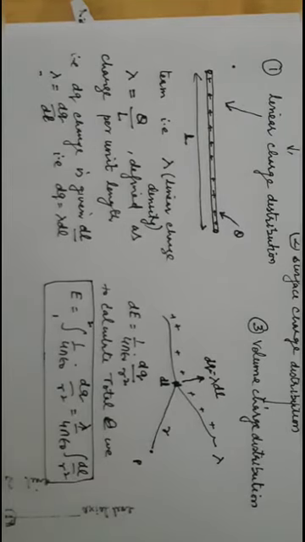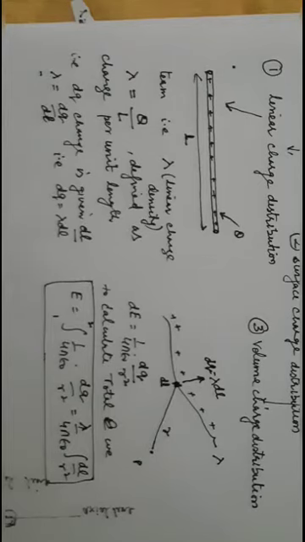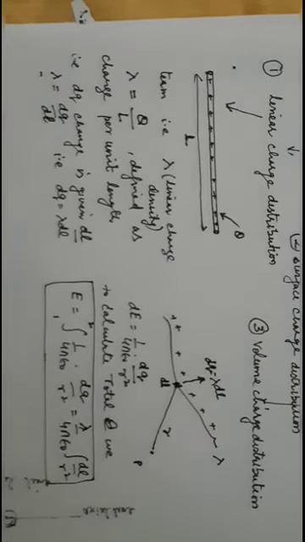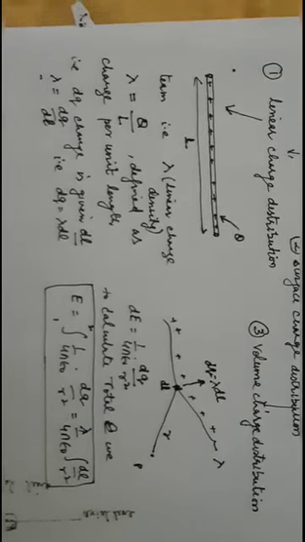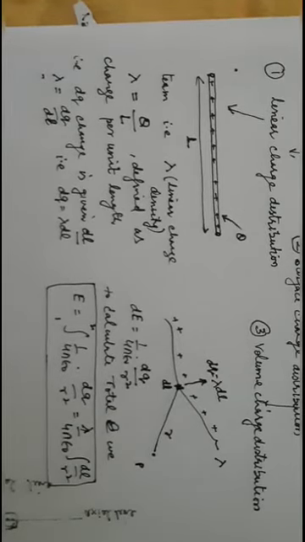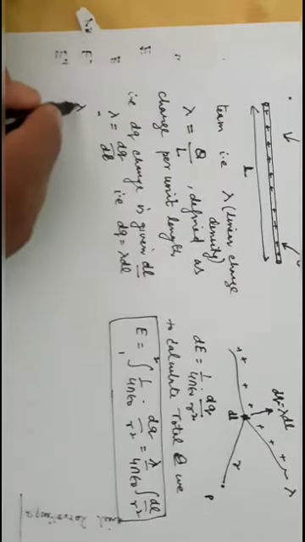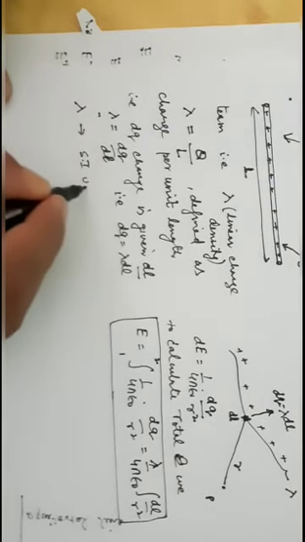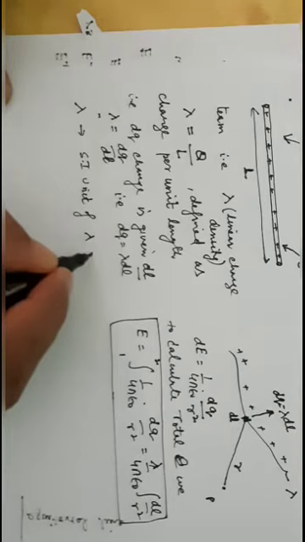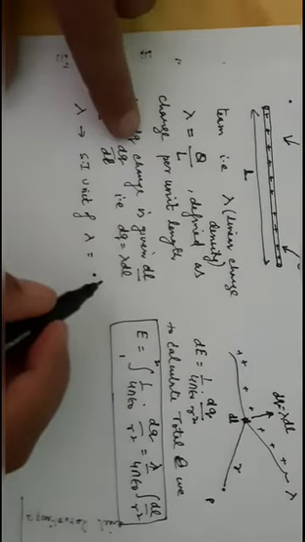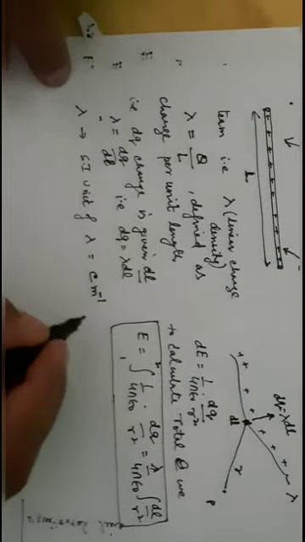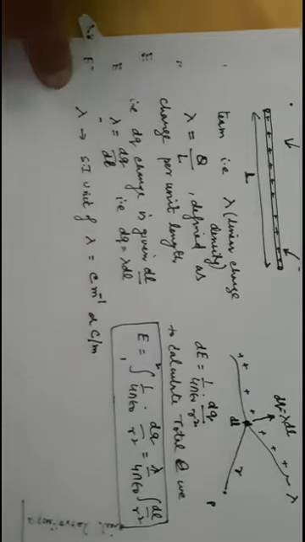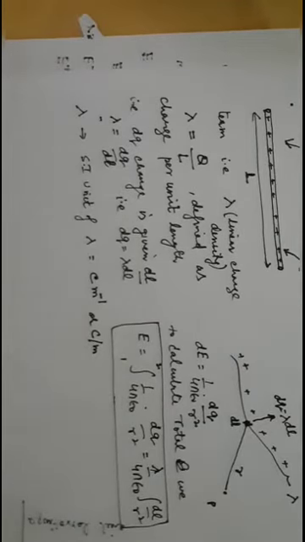From here you can say that whenever we have a continuous charge distribution, first we take a small element of that distribution, then we calculate the electric field because of that small element, and then we integrate it. So this is a method to calculate the electric field in the case of linear charge distribution. Here lambda is the linear charge density. The SI unit of lambda, as you can see, is charge divided by length, coulomb per meter. So this is the SI unit of linear charge density.